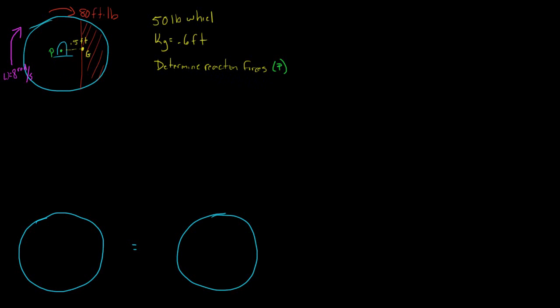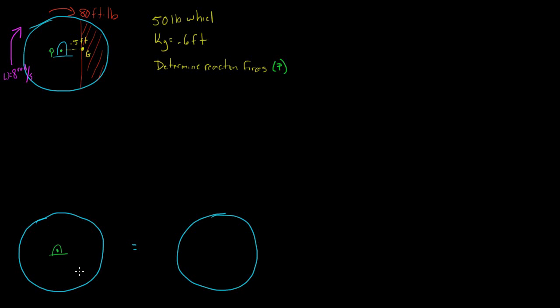It's not a balanced wheel, so its center of mass is not directly in the center. Its center of mass is at this point G, and this point G is 0.5 feet away from the center of rotation. So, like always, we want to identify all our forces on our wheel, and we want to identify our accelerations. So, if we draw our free body diagram,